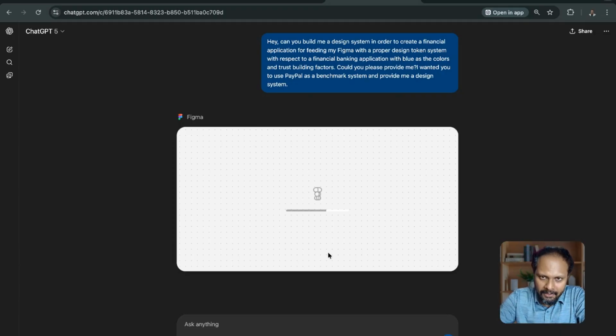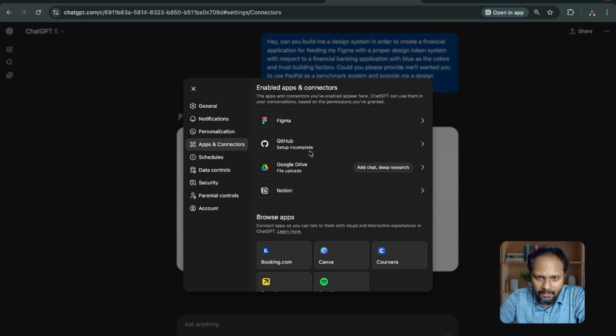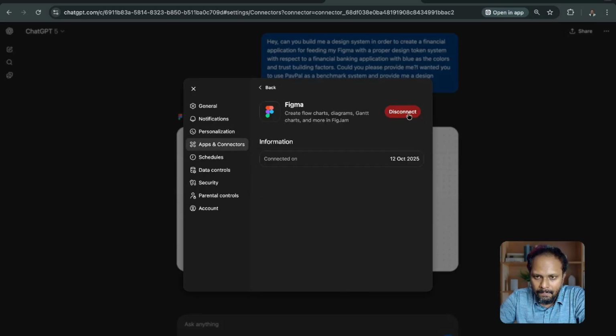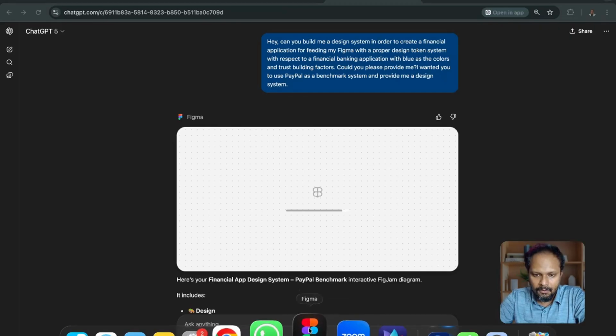Figma is being integrated inside ChatGPT, and here you can also personalize your setup by giving a proper connector, like let's say Figma. Can all of you see here? I've connected this. If you also connect this, you will get exactly the output you wanted in Figma, right? Like let's say if you open this,